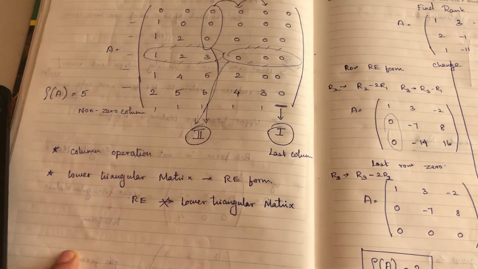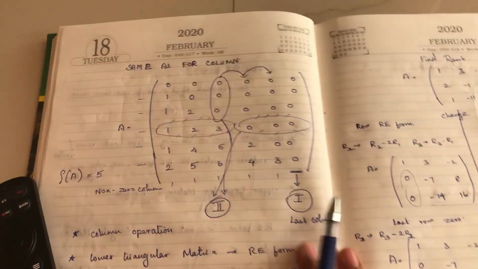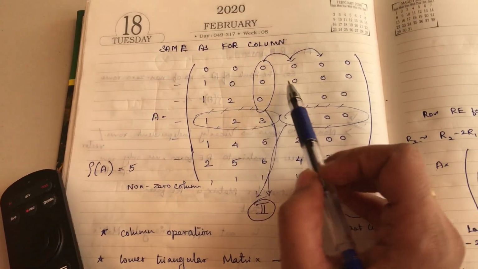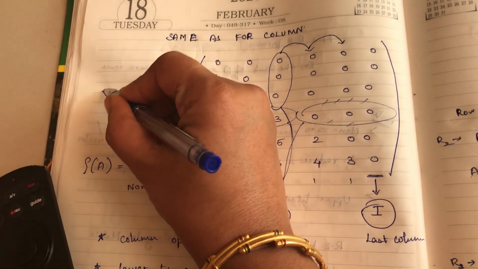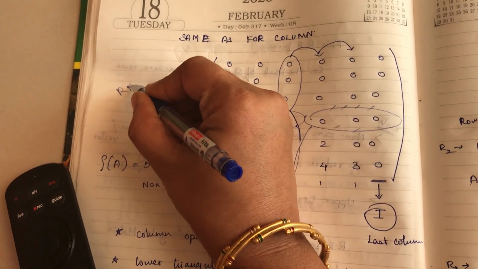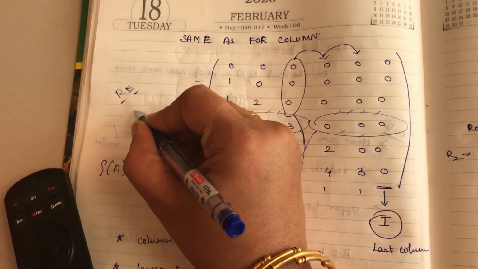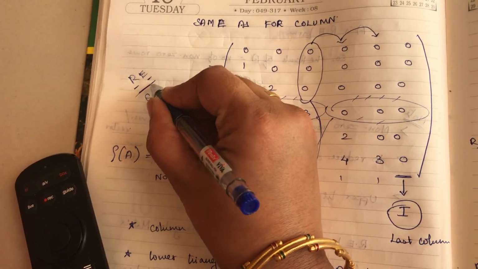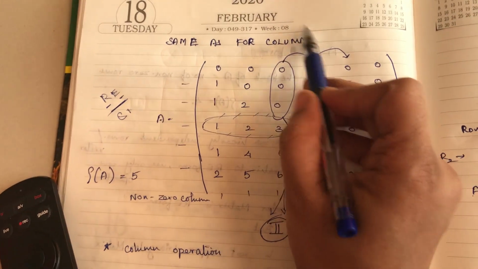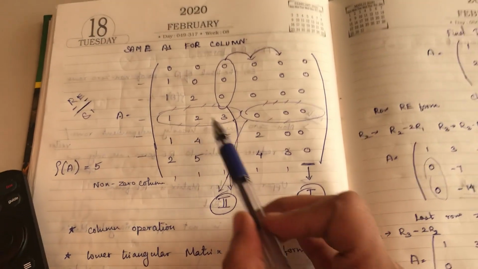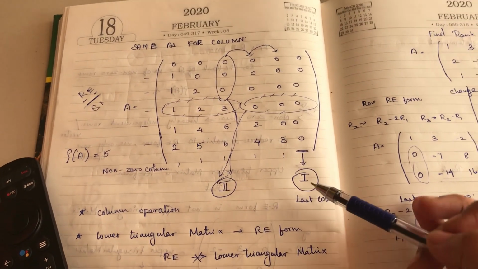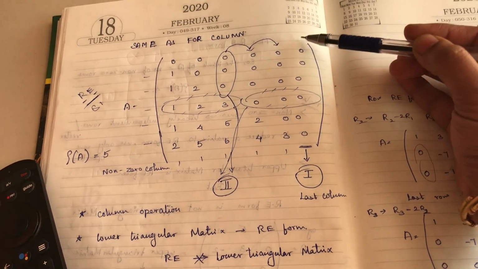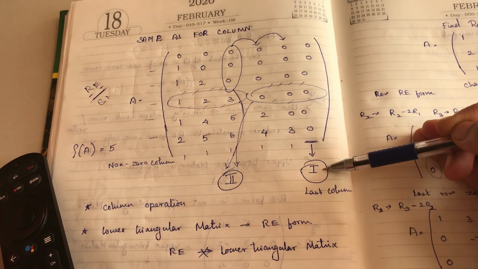So let's see the second thing. What is the second thing? This is the same, but for columns. We have shown ORI, which means row echelon, or E, right? Now we're going to see it for columns. This is the column condition. How is it a column condition? The first thing is the same: the last columns are 0. This is the first condition, right?